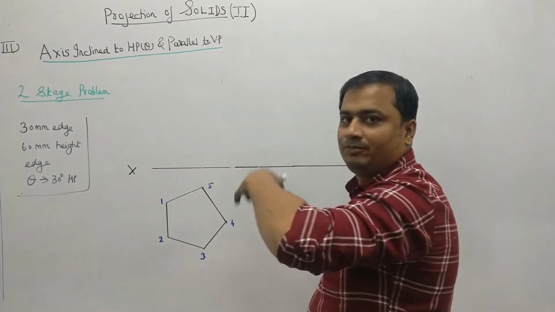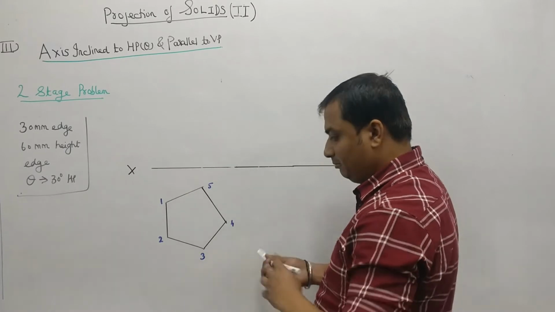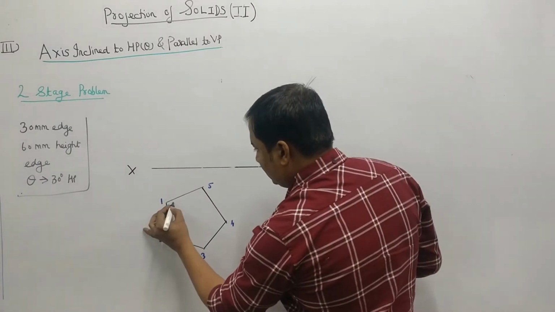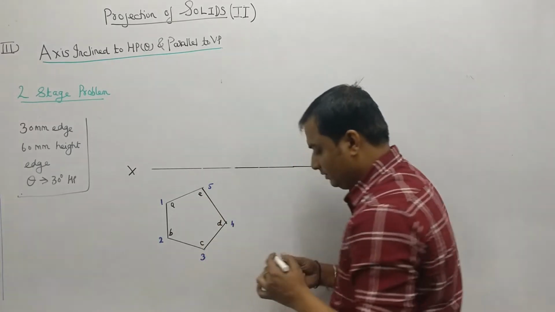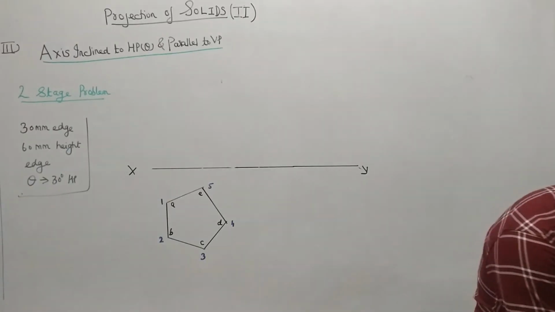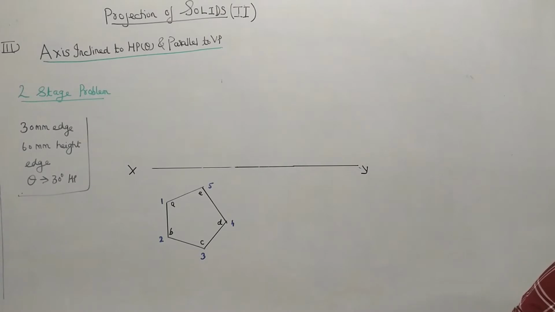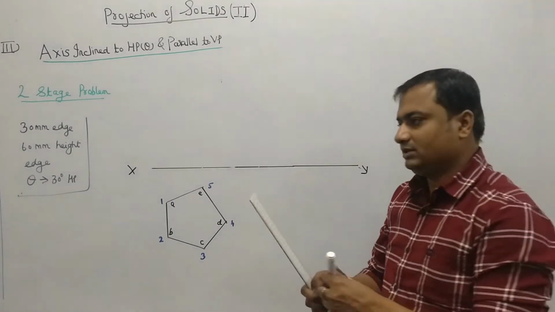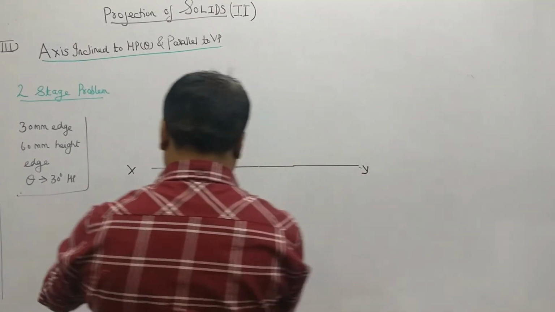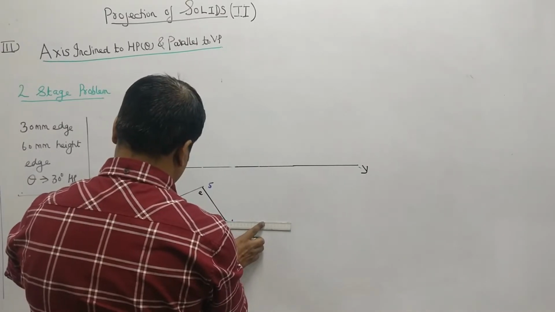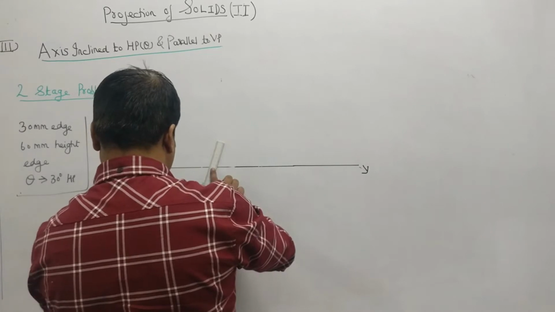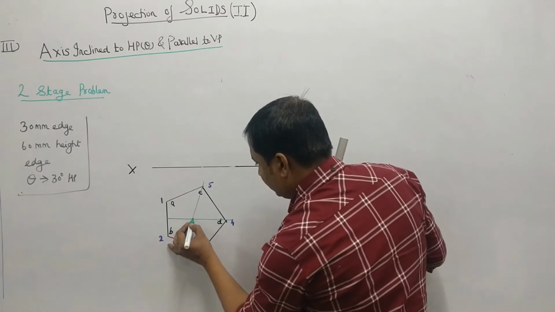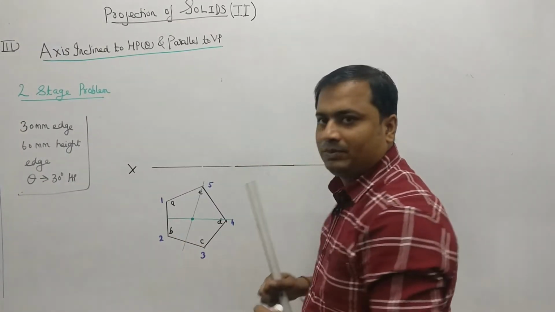This is for the top pentagon, and for the base pentagon I will be using the alphabets A, B, C, D and this is E. Okay. So where will be the centroid location? Already I have told you how to find the centroid. You can just plot the bisector of any two sides. So you will be getting the centroid. So this is my centroid of the pentagon.